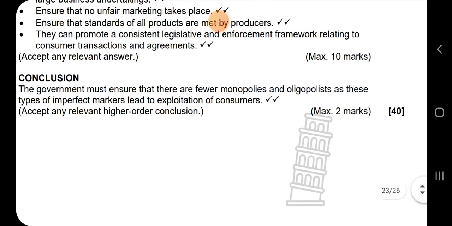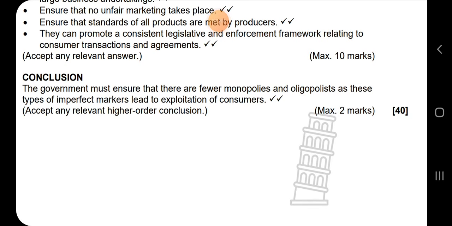And then conclusion. The government must ensure that there are fewer monopolies and oligopolies, as this type of imperfect markets leads to exploitation of customers. What have you learned or realized about businesses in the imperfect market? It's what you do. You come up with a solution. This is a recommendation, right? This is a recommendation that the government should minimize imperfect markets because of the exploitation that takes place. Or what I've learned is that businesses in the imperfect market exploit customers or whatever. As I have said,